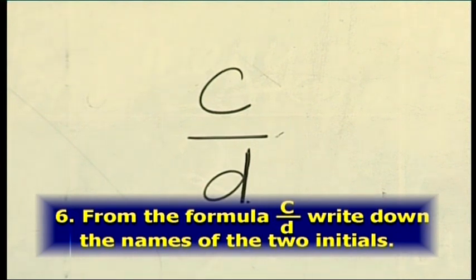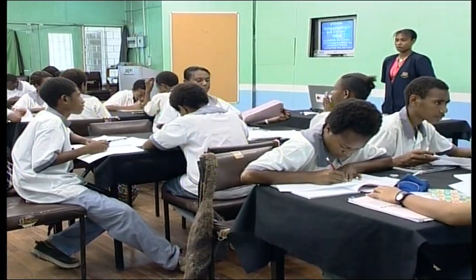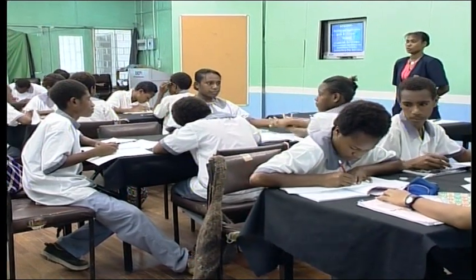Okay, pass all your papers up now quickly to the person sitting up front. I'd like you to pass all your papers up. Make sure your names are written on. I will be marking your 6 answers to those 6 quiz questions. So quickly pass those papers up. Make sure those papers are face down. Pass them up. Only one person up the front should be holding on to your paper.